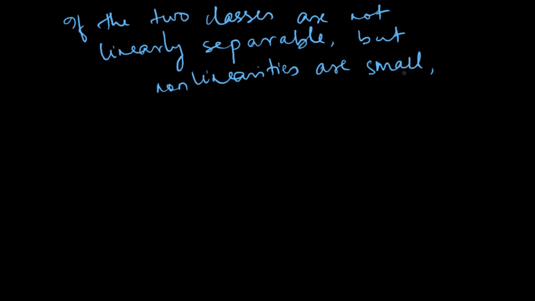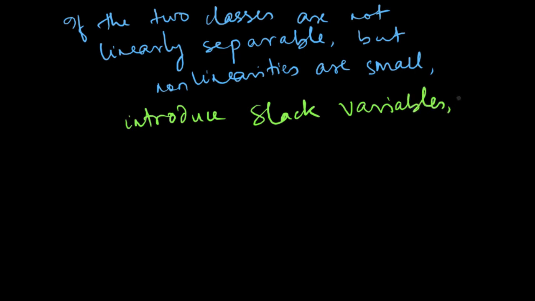Remember, this does not work when nonlinearities are large, and then you have to use what are called kernels, which we will see in this video. But if the nonlinearities are small, you could make a minor variation to the linear SVM formulation and make it work for your problem. So what you do is to introduce slack variables